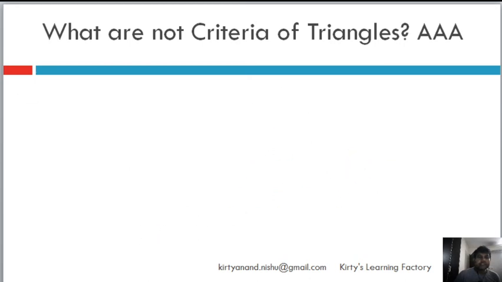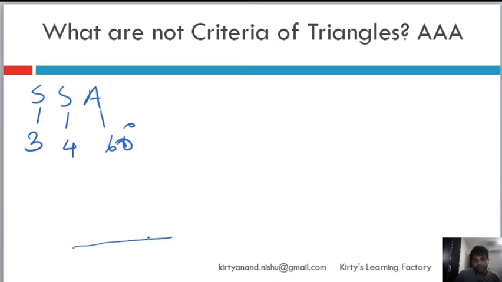Now the other thing that we learned was SAS, right, included angle. Now you can ask why ASS is not it, right? So let's check it out also, why ASS is not, or why SSA, if you find it too funny, why SSA. So let's take two triangles, let's construct a triangle. Let's say that this side is 3, this side is 4, and this angle is 60 degree. Okay, so let's try and form this triangle.